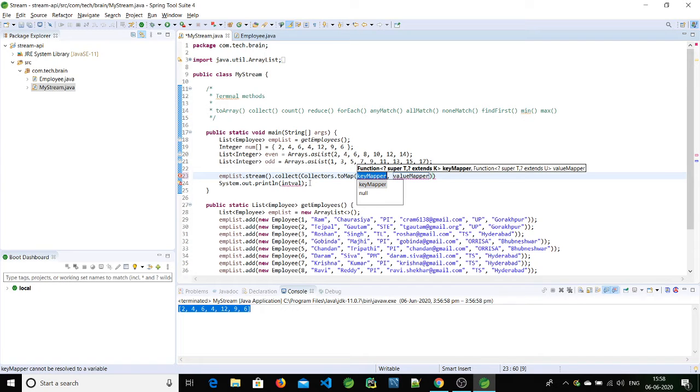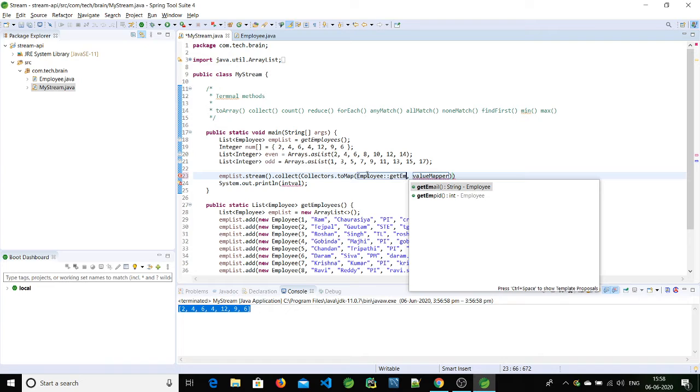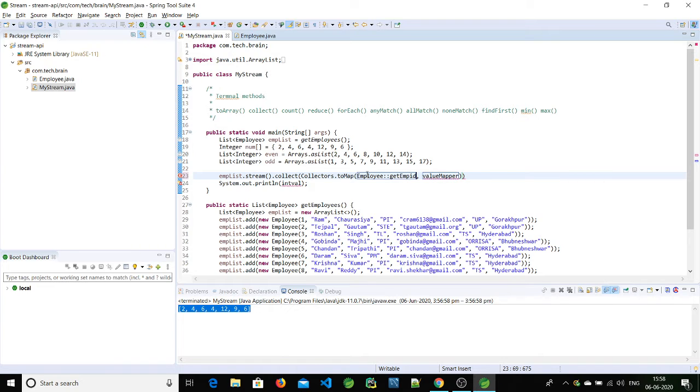So here we'll use Java 8 method reference to provide key and value. This is an employee list of Employee type. So directly we can copy the Employee class name and paste it here: Employee. We can give a method reference, and we can give getEmpId. So empId will be the key for this record, and getName, I'm giving as the first name.